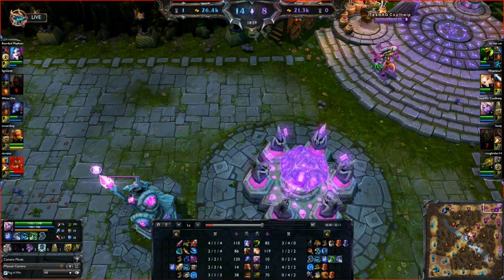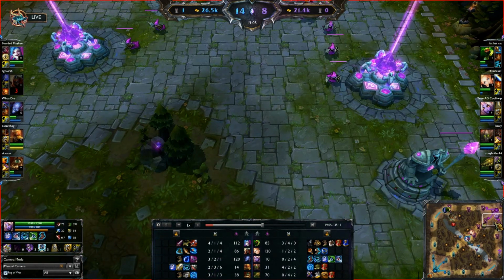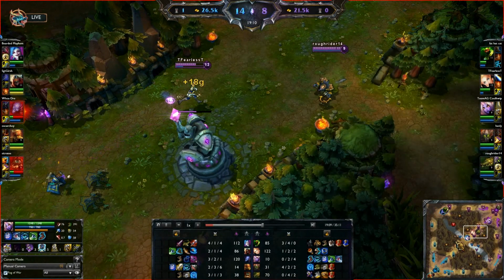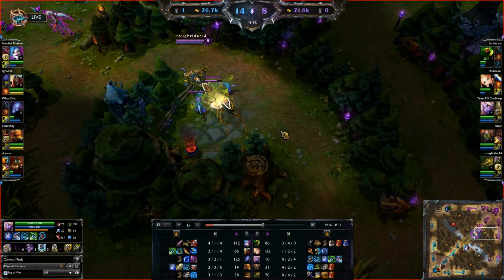You say, okay, is there a lane that can be farmed? Yes, there is, and Twitch is going bottom. That's really inefficient, so ping Twitch bottom. That's how you can really help your team out. And as a support, you don't need to be there yourself. You can just say, hey, Twitch, go bot. She could have saved him maybe a lot of time and quite a bit of CS